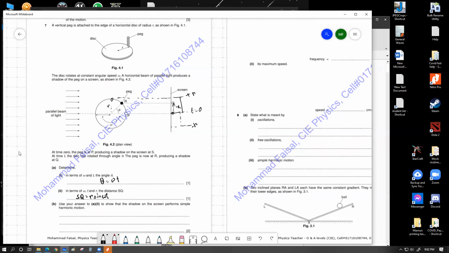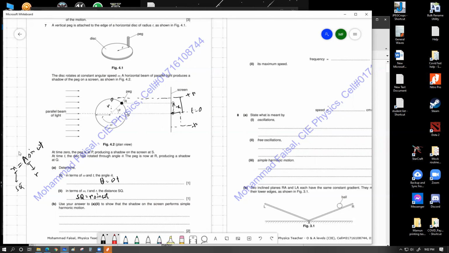It is the same equation as what we have learned earlier. Our general expression for displacement was given by x equals a sine omega t. I just improvised in this scenario by observing the motion on the given figure to conveniently replace the variables as the question has given us. In this case, the displacement was represented by SQ, and the amplitude of the motion was represented by the radius of the circle. So that is given by r.